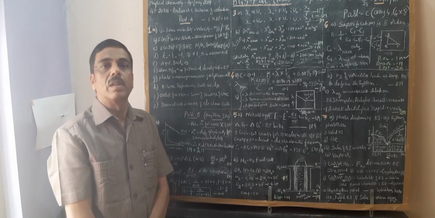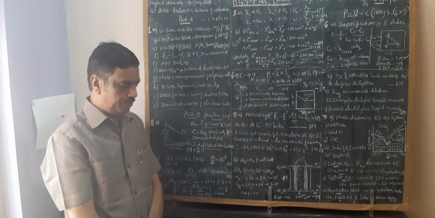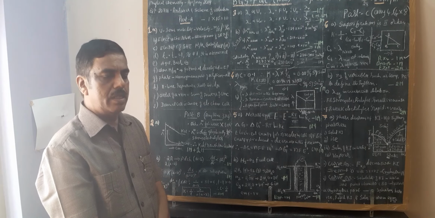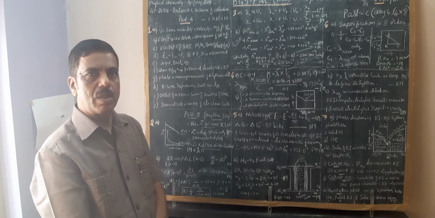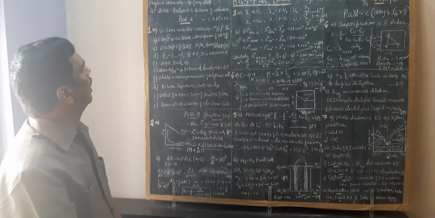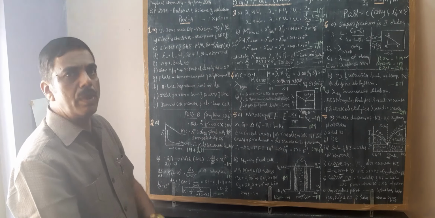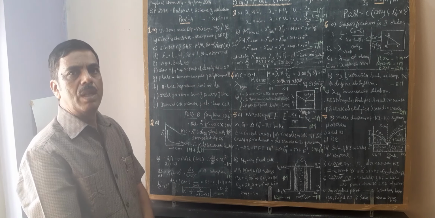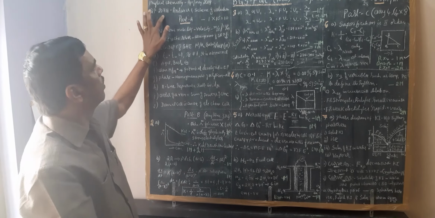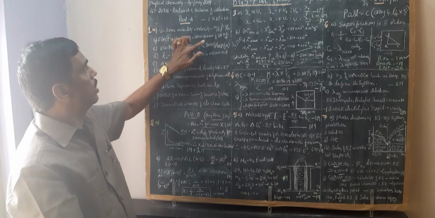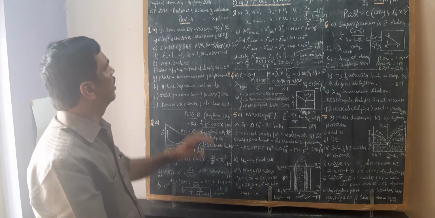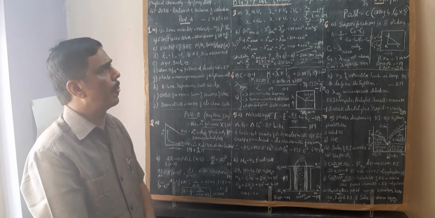Good morning, everyone. I am going to discuss the answers and scheme of evaluation of physical chemistry question paper, April-May 2019. Here, every question paper has got a question paper code. While you are taking the question paper in the examination hall, you verify the question paper code. This question paper code is 20731 because there are other question papers for repeaters. So you verify that question paper code and you select the question paper.